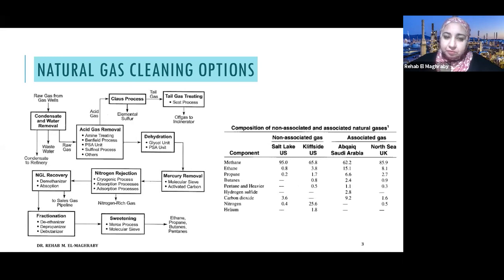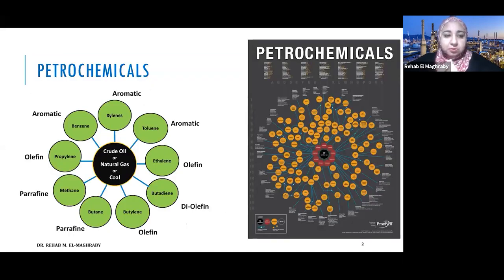So let's go back here to the building blocks. As we can see from the building blocks, we have methane. So we can expect that methane is one of the components of the natural gas. We have ethylene. We will talk about ethylene and how it is related to natural gas. And we have butane. Again, it is a paraffin which exists in natural gas. Butylene can be produced using natural gas. Propylene also is an olefin, but based on a paraffin which exists in natural gas.